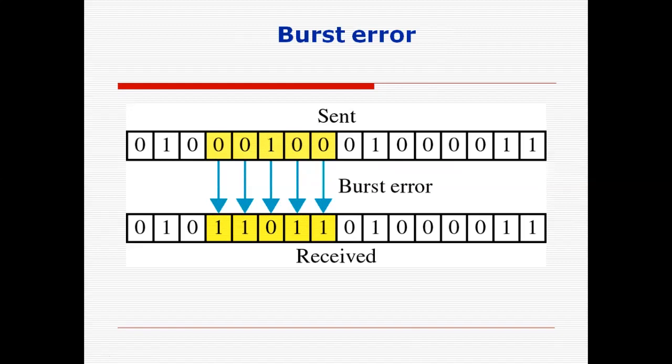And now the third and most important one is called a burst error. So when noise comes for some milliseconds, it can change n number of continuous bits. When continuous bits have been changed, such types of errors are called burst errors. Now it is most difficult to correct these types of error. So retransmission facility has been implemented.